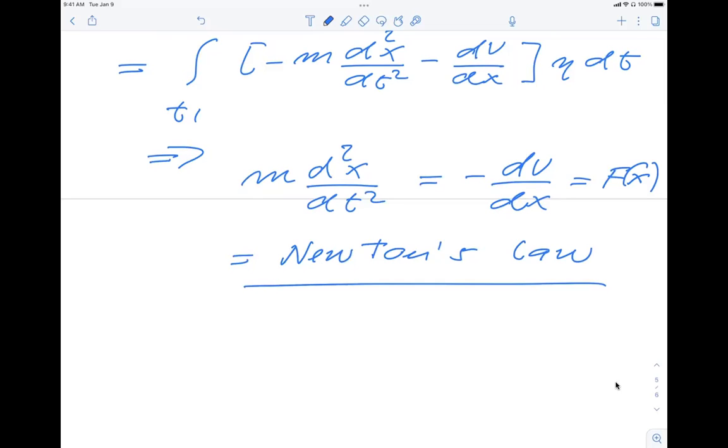Now, the thing which I haven't given you yet: we did this demonstration for an explicit case, and we got Newton's equation. And you see now that taking the difference between kinetic and potential energy actually gives us Newton's law. But let's now generalize this so that we can have general equations, which are called the Euler-Lagrange equations. That means that if you have the Lagrangian and you implement these equations, Newton's law should pop out immediately. It's an extremely elegant and powerful formalism, which is based on the principle of variations, or variational calculus,